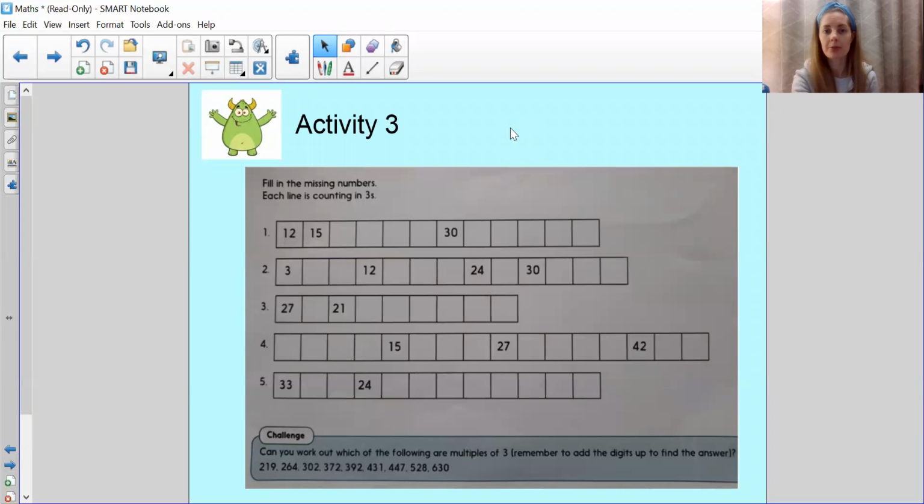Fantastic work, Year 5s. You're really working hard. You're on your last activity now. Let's give it a go. So we're going to be counting in 3s now. So what I suggest you do is just quickly say your 3 times table out loud so that that rhythm is in your head. And I would like you to go have a go at these 5 questions, and then